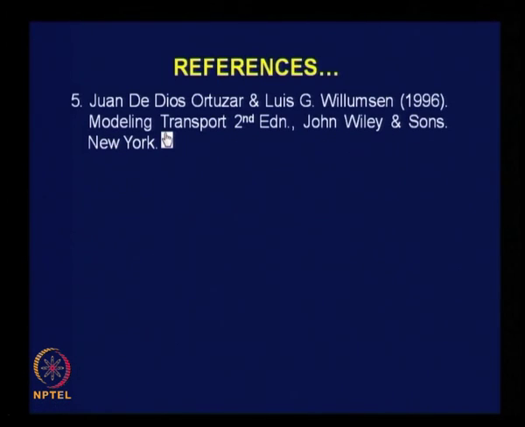Then you can also refer to this book, John D. Ortuzar and Luis G. Willumsen, 1996. The title of the book is Modelling Transport. Contents of this book: